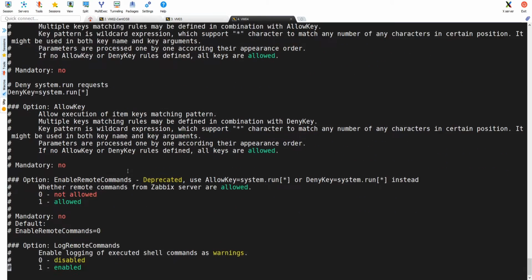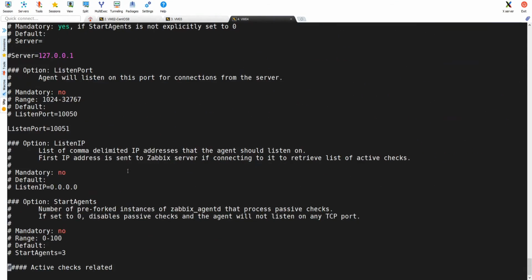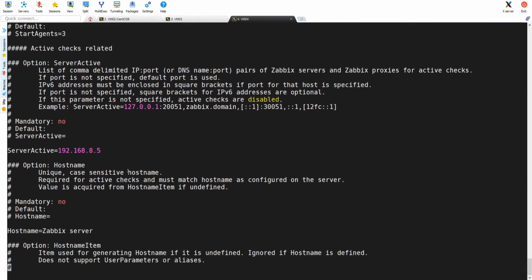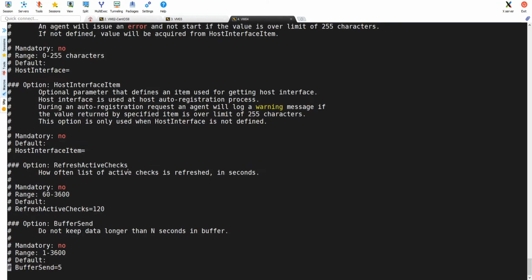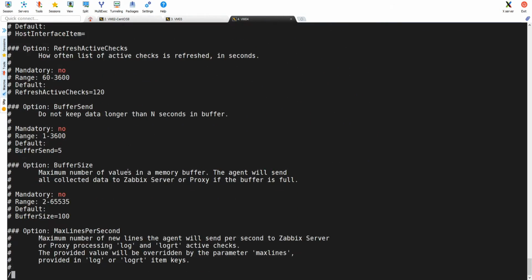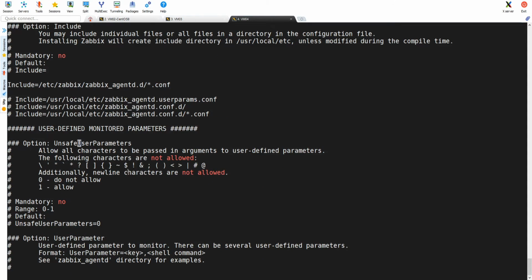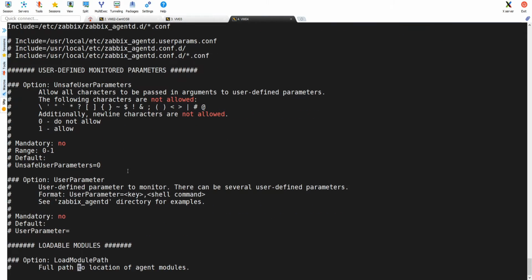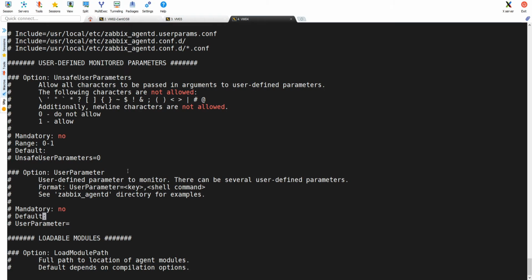I'm back into the configuration again. So we have set the IP, we have set the host metadata item, and there's another thing that you can check actually, which is user parameters. What parameters this host will send to the Zabbix server. So basically you can create a user parameter in here. For argument's sake, let's copy this and I will show you what the user parameters are. I will copy this,